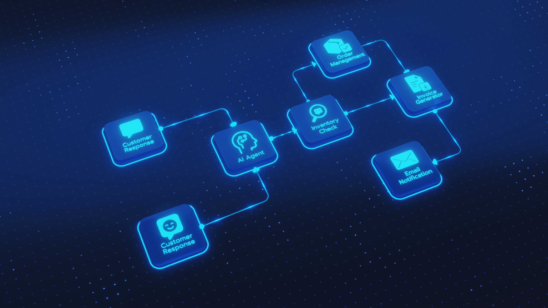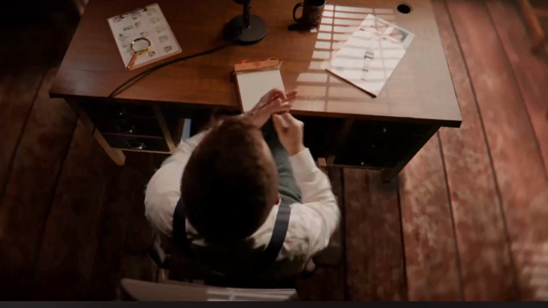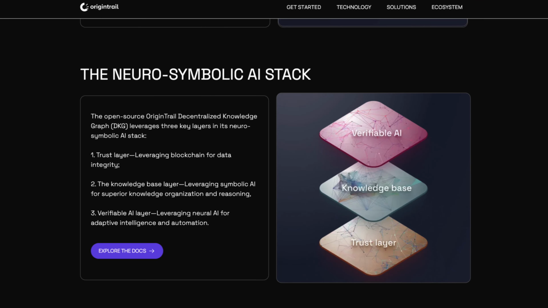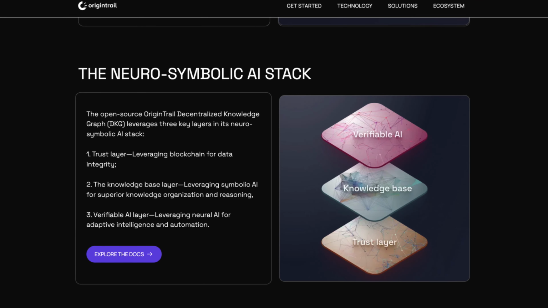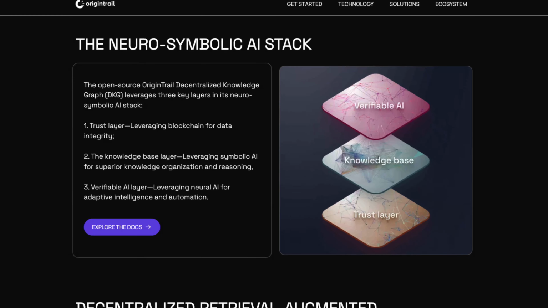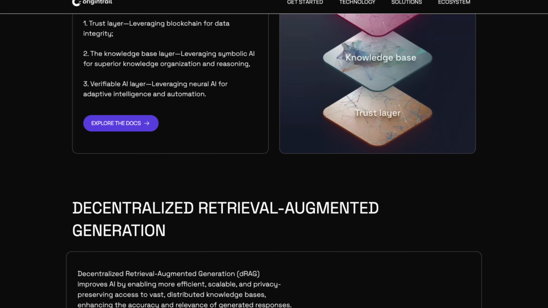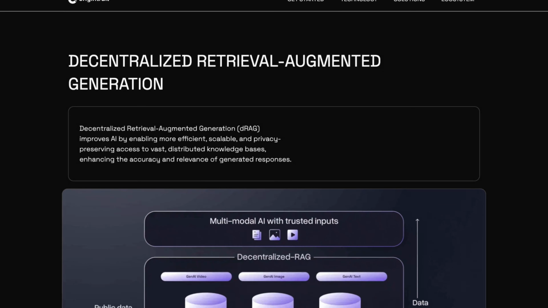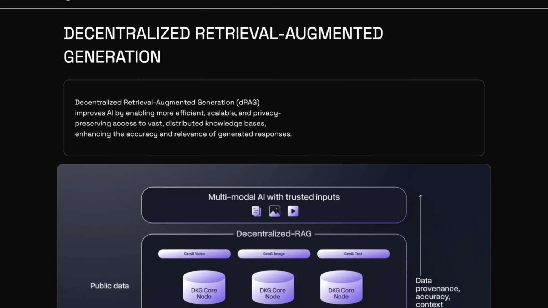This is a big deal for real life. It helps fight deepfakes because you can prove whether a video or audio matches a verified knowledge asset. It helps researchers share findings without paywalls. It helps companies and law enforcement check content without giving one central party total control. In short, DRAG moves us from sounds believable to we can actually prove it.